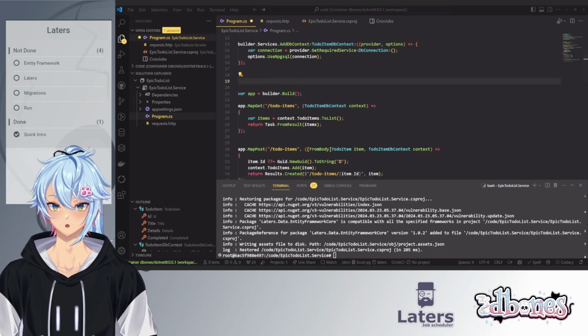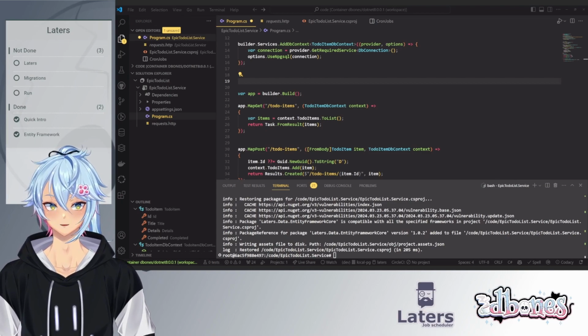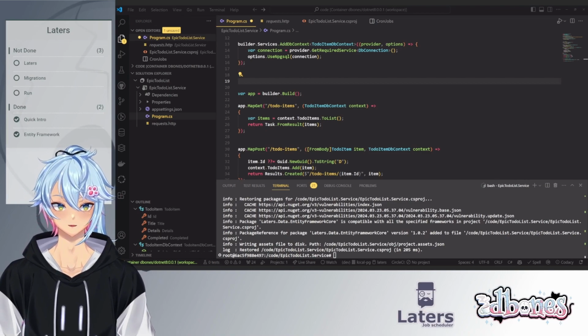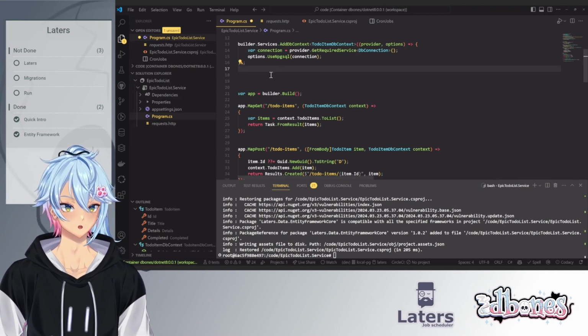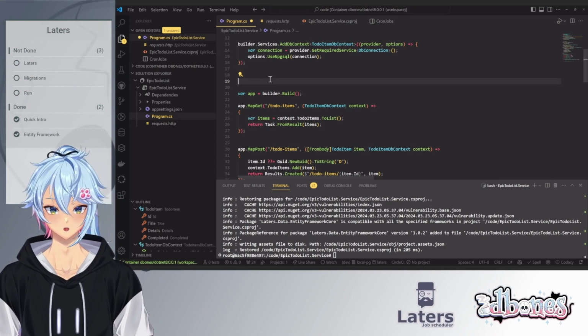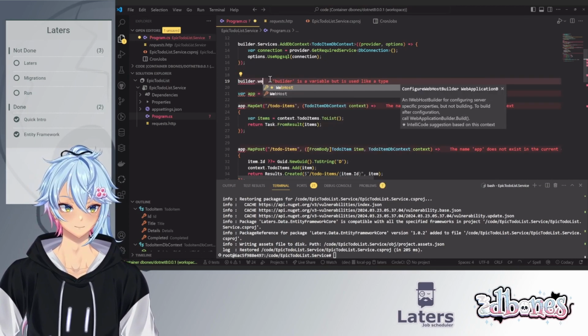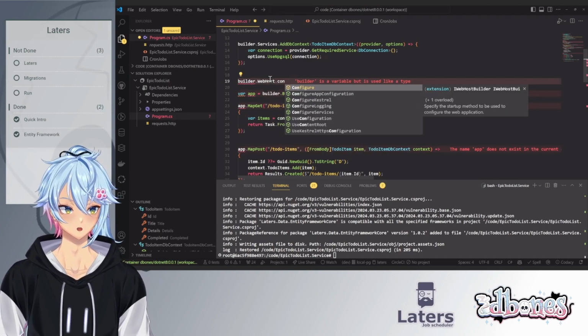What we need to do now is we can say that that's Entity Framework done for the moment. We're going to come back to it, but that's the main part done. Perfect. Let's go ahead and add Laters to this. Oh, this is fun. I'm liking this. So we're going to go into the builder again. Then we're going to go into the web host. And we're going to configure